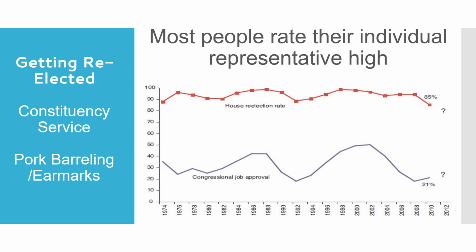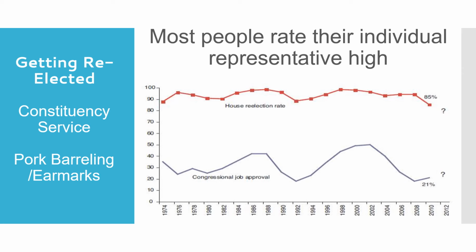congressional approval is fairly low, but despite that fact, most people running for re-election generally get re-elected because we individually rate our representatives high while rating the legislative branch very low. And this is true, again, at the state level as well as at the congressional level. Some state legislatures might have higher approval ratings than others, but some are just as low as the congressional